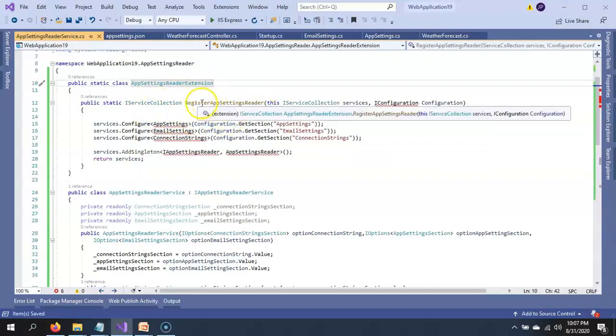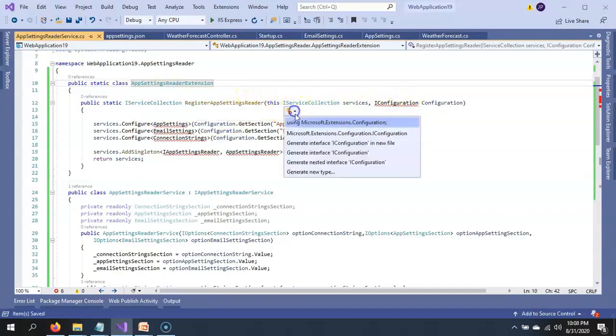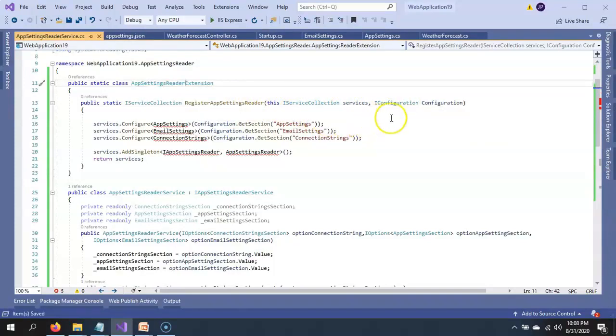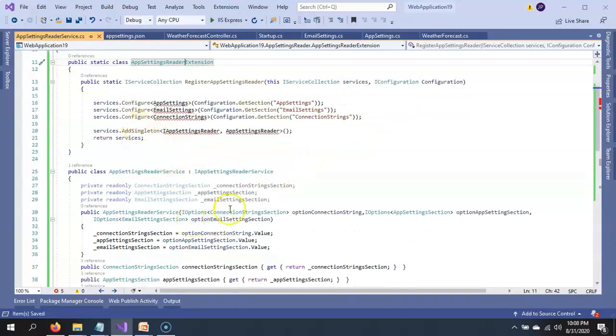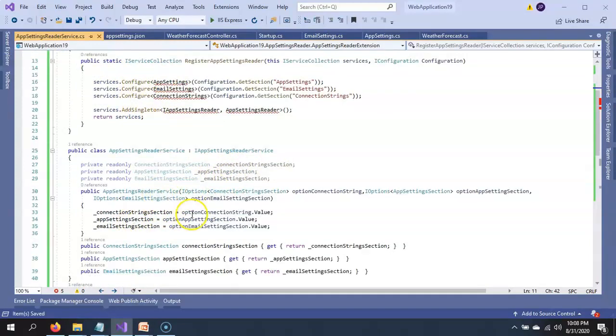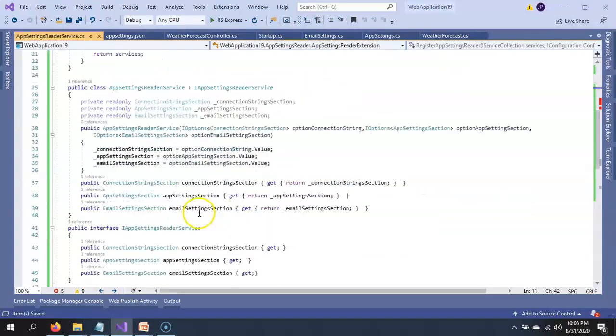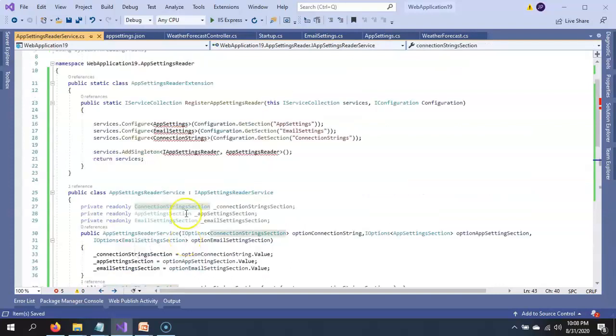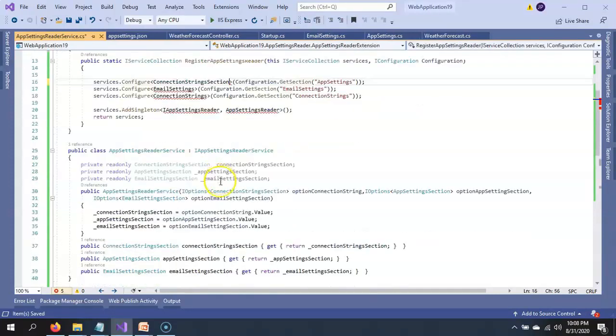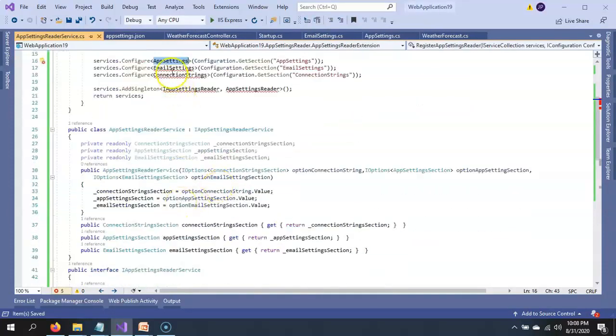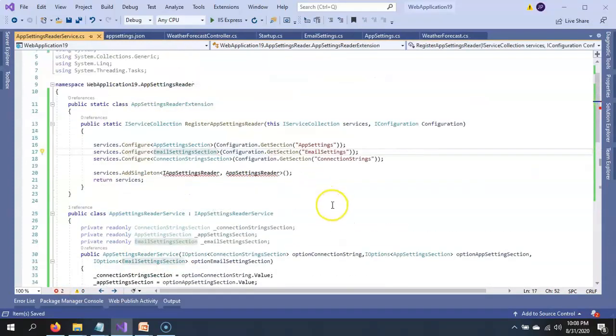Here we have created a RegisterAppSettingReader extension method, and we are passing IConfiguration here. So instead of writing all the configuration into the startup.cs, we are creating an extension method for that, so it will be better organized.